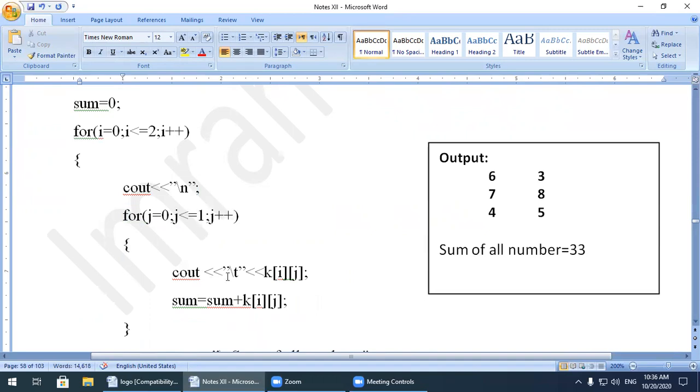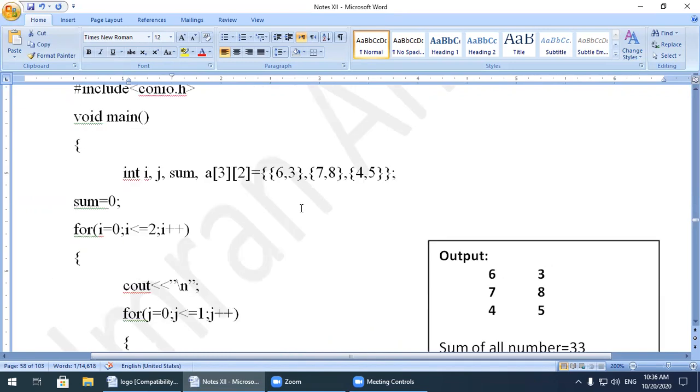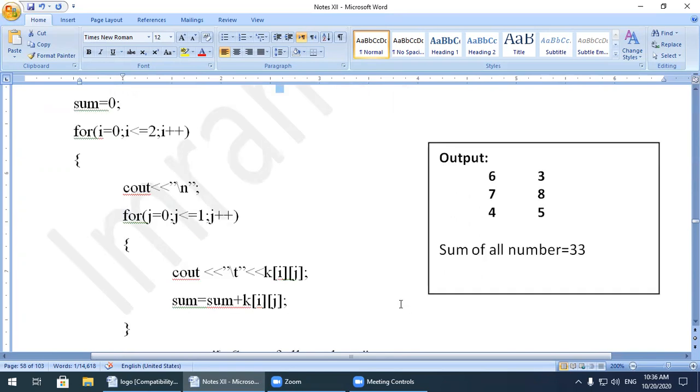The value of j is 0, so it will display backslash t. First of all, watch here the distance between 6 and the start. This is the backslash t. k is equal to a[i][j]. The value of i is 0, the value of j is 0. It means a[0][0], the element at the 0 0 position should be displayed here. 6 is placed at the 0 0 position in the computer memory, so 6 will be displayed. Next, sum is the sum of all the numbers. It will also count the sum's initial value at position 0, which is 6. The first value should be 6.